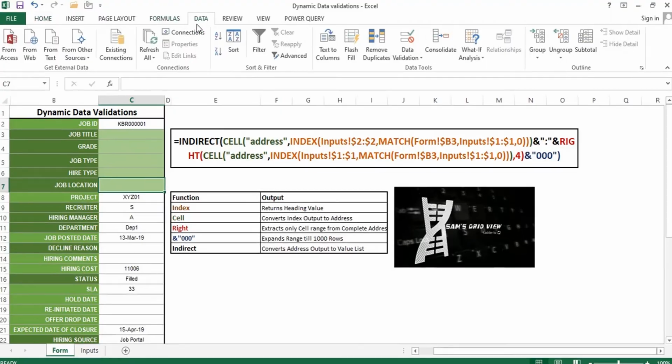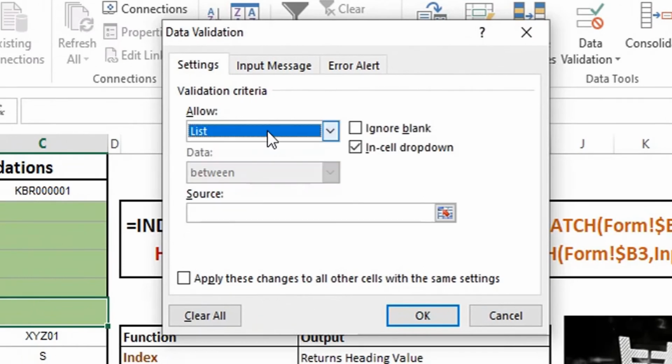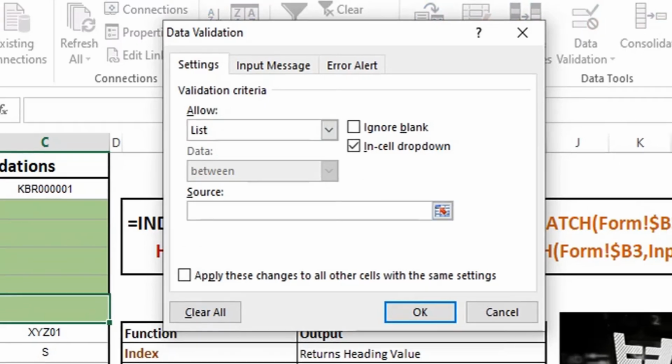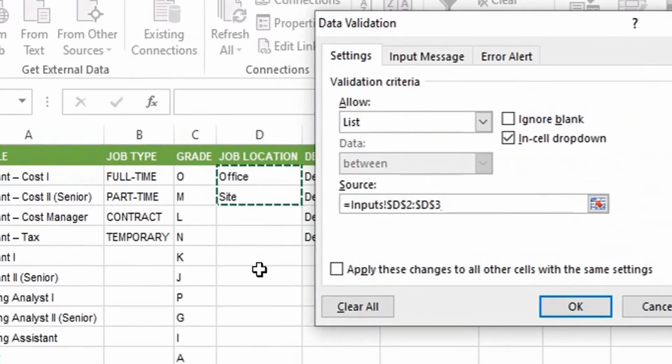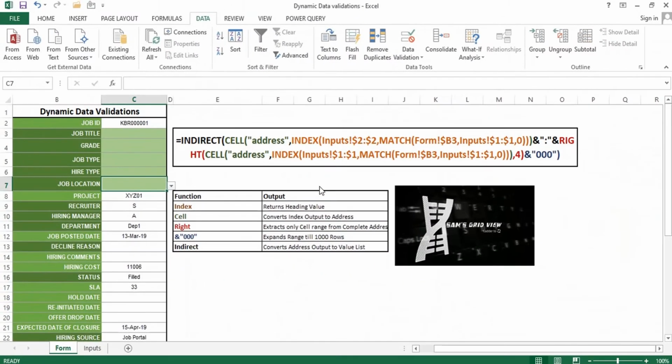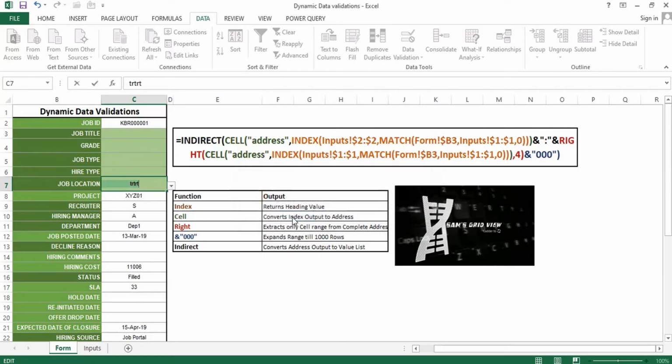Usually, how will we create a data validation manually? We'll go to Data and select Data Validation, and we can make it a list, or a whole number, or whatever, based on a requirement. So I'm going to create a list here. I'm just going to select the job location, based on the header we got in the form. If I click OK, it will bring in the data validation. For example, if the user tries to type something else, it will show an error saying that this cell has a data restriction and you can't type more than the required information. So this is the way we usually do our manual data validation.